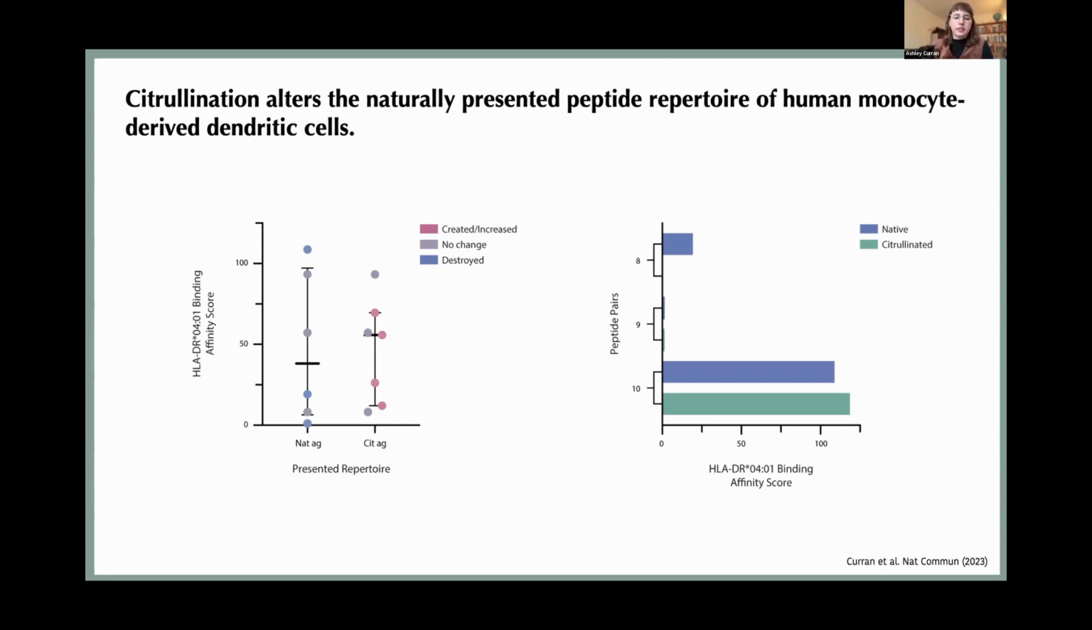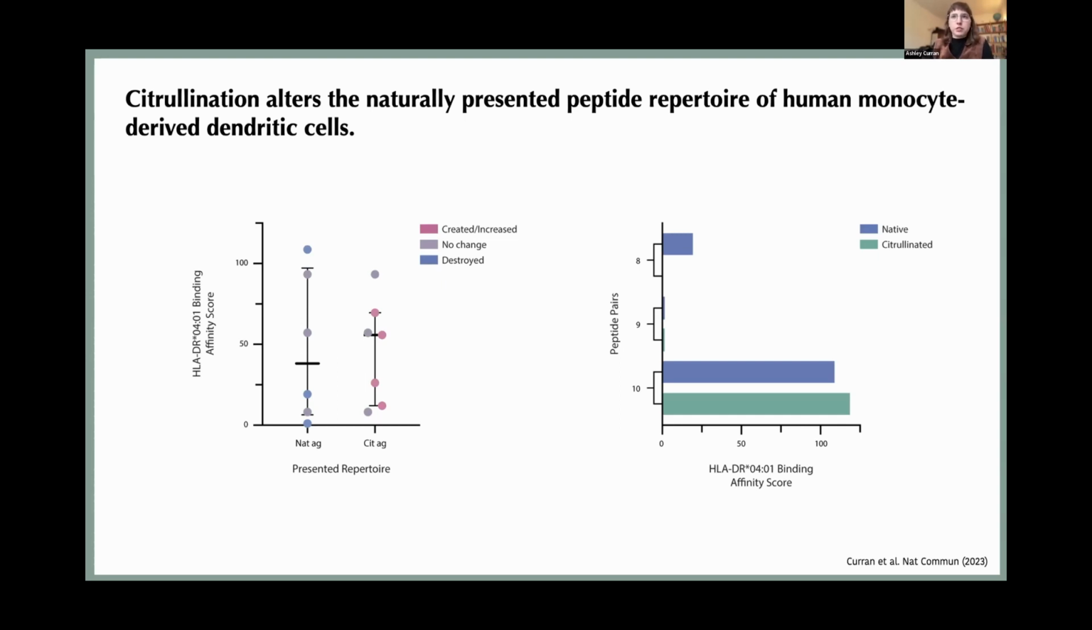And so we looked at the native antigen presented repertoire, so all the peptides presented from native fibrinogen, versus the repertoire presented from citrullinated fibrinogen. And we find that the binding affinity of the citrullinated repertoire is actually higher than the native antigen repertoire. And when we look at peptides that contained a citrullination site and measure the binding to DR 0401 of the native versus the citrullinated version of the peptides,